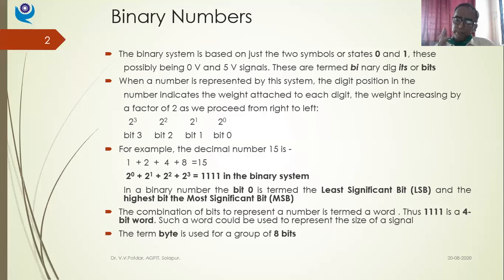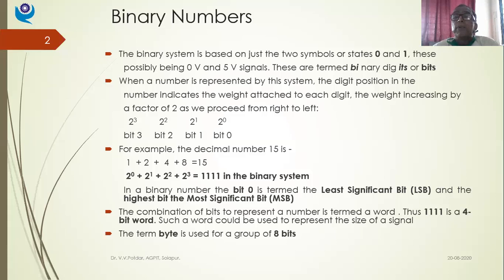Remember, even in your decimal system, suppose number 1000 is there. So here also each digit has got some weightage. So these 4 digits are there, and each digit position corresponds to some element in the form of a power of 10. The second digit, power of 10, third digit, power of 10, fourth digit, power of 10. So we have the base as power of 10. So that is my decimal system.